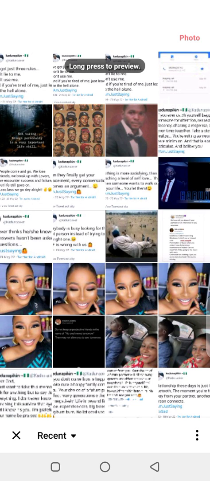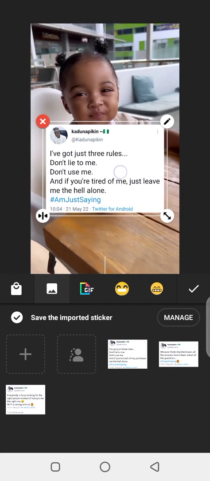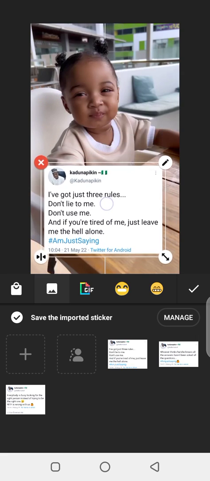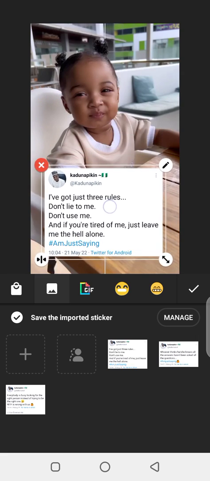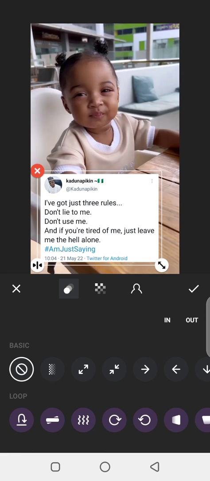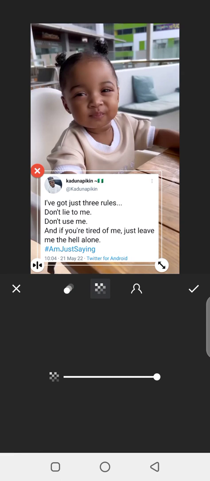So let me look for the tweet I just cropped now. So here is the tweet, you can see it here. So you can click and drag it to any part of the video or part of the page you want to leave it there. So you click on this edit icon, click on this second icon that has a small box. That's the second icon actually. So you drag this to